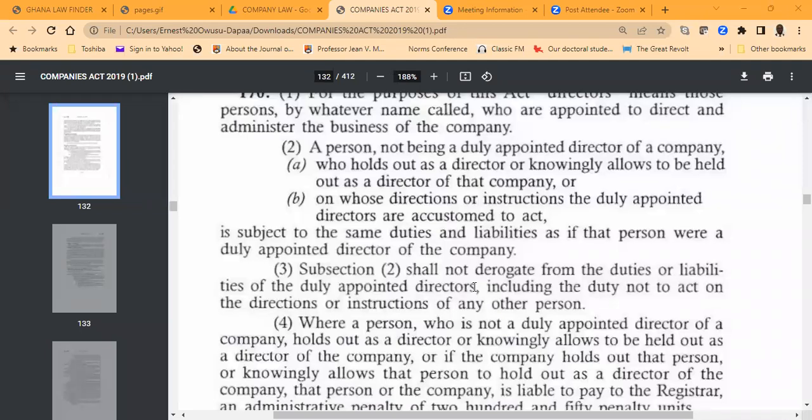The matter was appealed. The High Court decision was appealed to the Court of Appeal, and the Court of Appeal came to the conclusion that Mr. Atokwashi was the director for the company, even though he was not duly appointed. And in the judgment of the Court of Appeal, one of the justices who wrote the opinion, Justice Lassie,